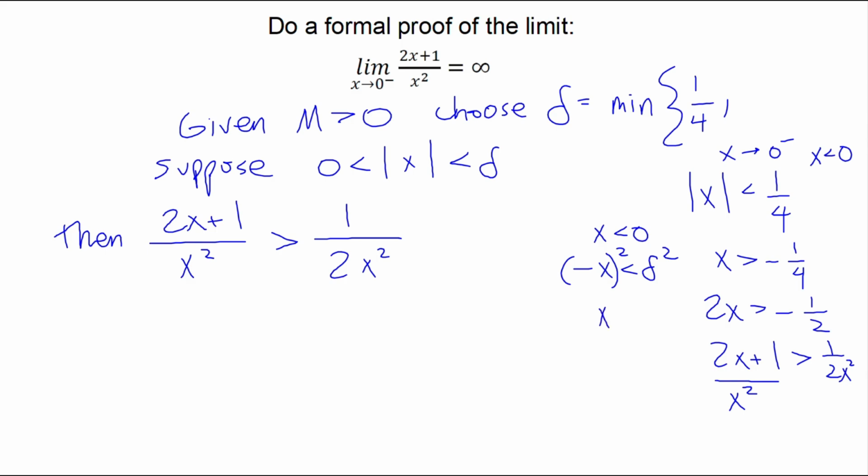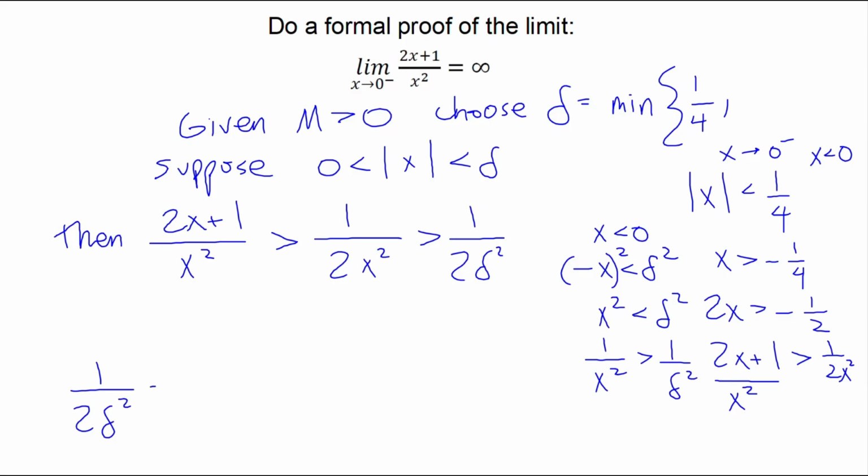So we end up with x squared is less than delta squared, which tells us that 1 over x squared is greater than 1 over delta squared, which will allow us to replace this with a greater than 1 over 2 delta squared. And so if we're greater than 1 over 2 delta squared, that's now all in terms of constants and deltas. We can just set that equal to m, which gives us,